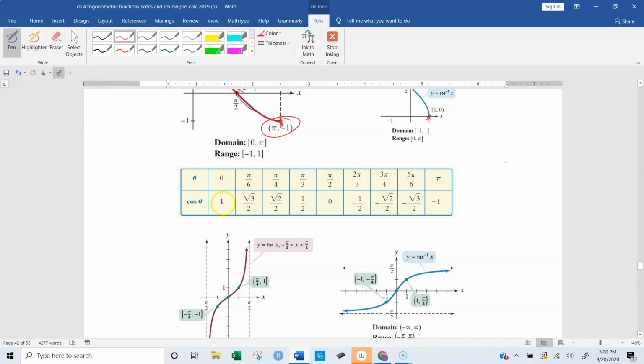Okay, again from your unit circle, we go to cosine of theta, and we know that at 0, cosine is 1. At pi over 6, it's square root of 3 over 2. At pi over 4, it's square root of 2 over 2. At pi over 3 it's 1/2, then 0, and then the negatives. Okay, we know that from our unit circle. So we go here,